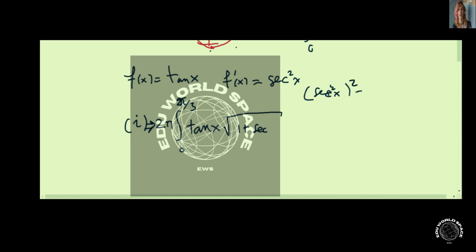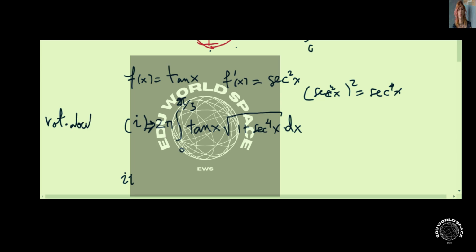So we have secant of x to the fourth, dx. So that is our first one, rotating